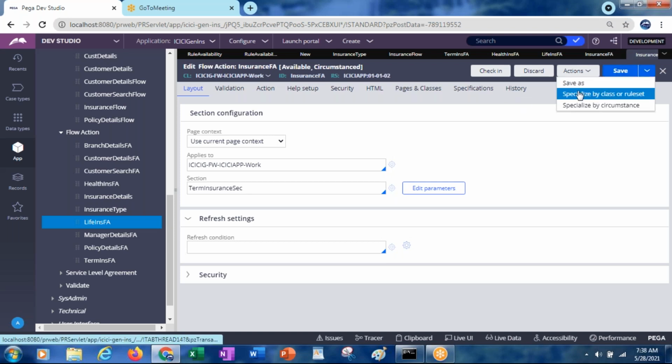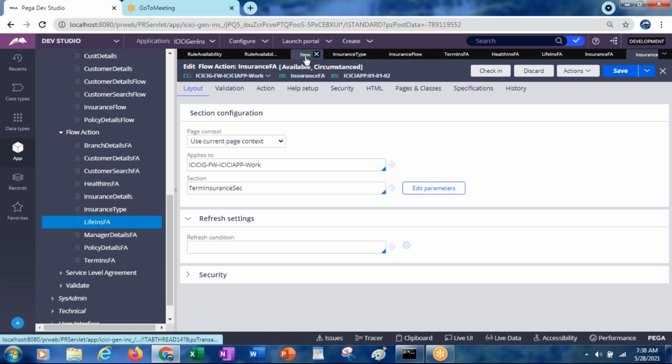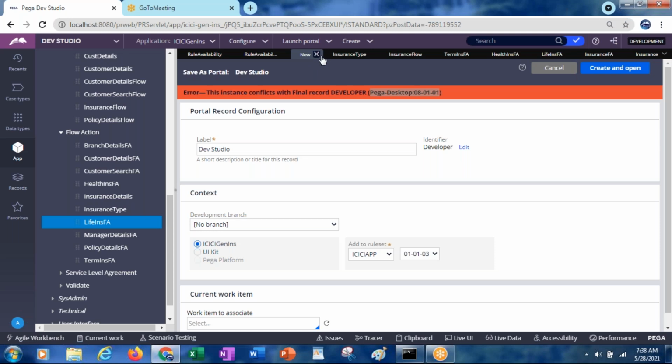Now save as by circumstancing. So we'll be closing these things.